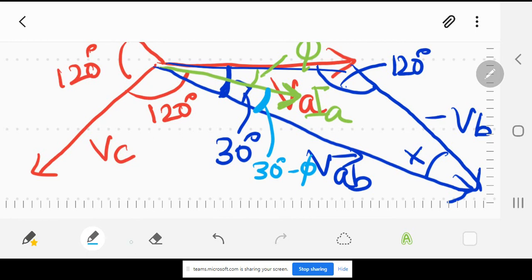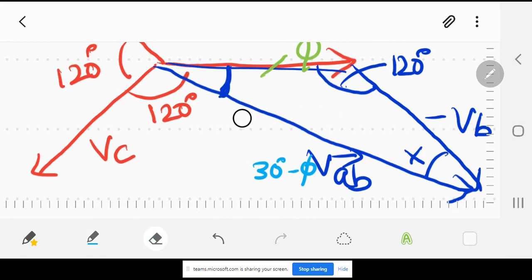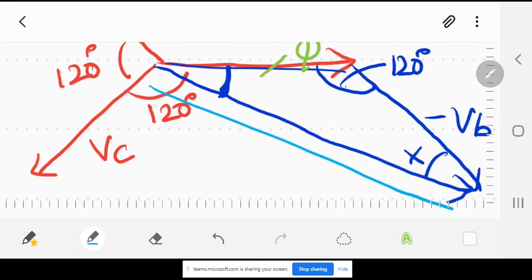Now you can go through this proof also. I guess some people may already know this if they have done it in some course. Maybe if not done, I will just do it in front of you. You want to find out the length of this one, which is actually VAB. To find this out, what do you have to do?